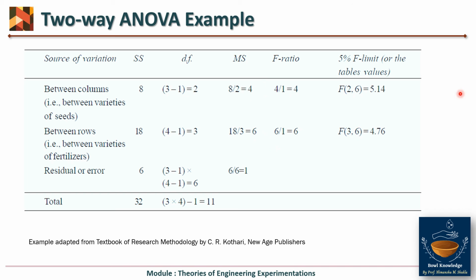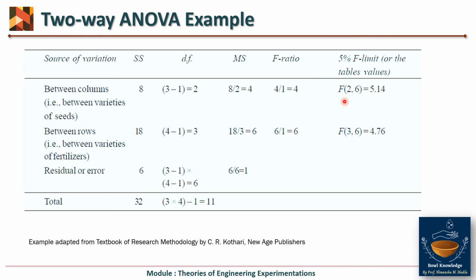And again we will find the F limit for 5%. ये 5% का discussion रह गया. What is this 5%? As I already discussed in the hypothesis lecture, this is called the significance level, which is related to the confidence. So if you are taking 95% confidence, you can have the level of significance as 5%. So you have to take the F limit from the table for degree of freedom 2,6.